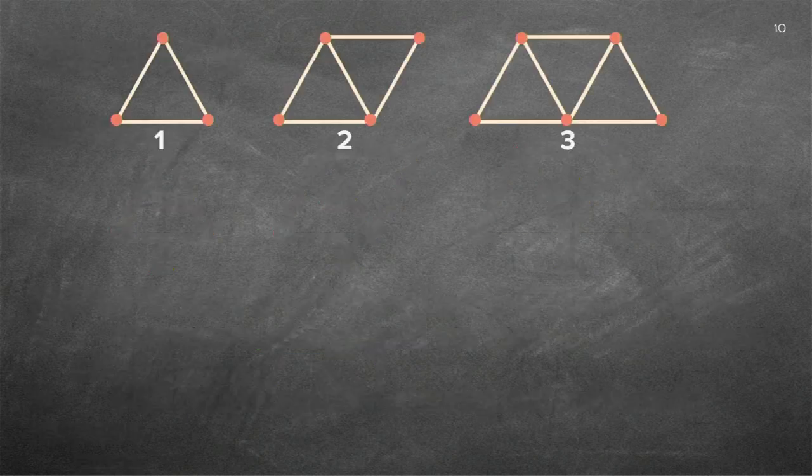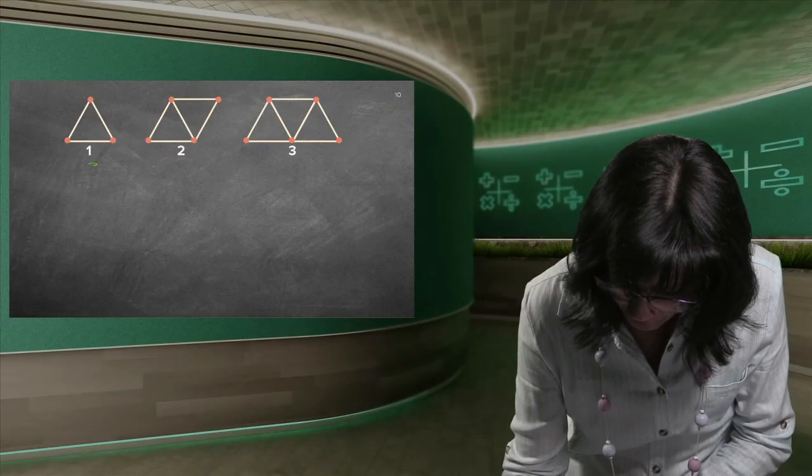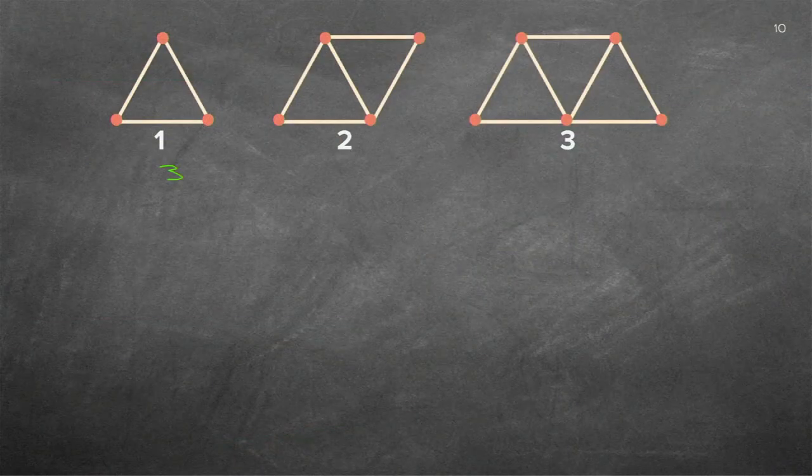So I'm going to write down my formula now, but I haven't got anything yet. So let's just go to an empty space. I need to write down. Here I've got 3 matches. There I've got 3 plus 2, which is 5 matches. There I've got 5 plus 2, which is 7 matches. Now you actually heard the pattern already. So there's my sequence. What happens from there to there and from there to there? 5 minus 3 is 2. 7 minus 5 is 2. So I can see my common difference is 2.